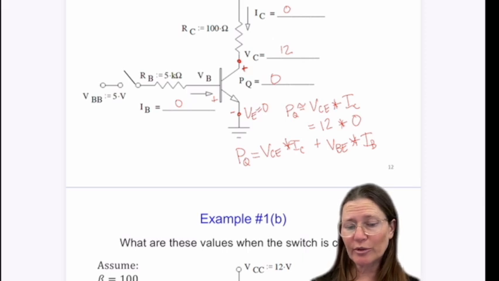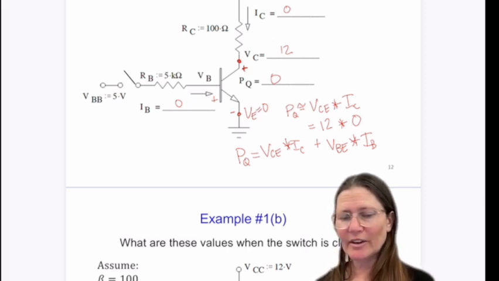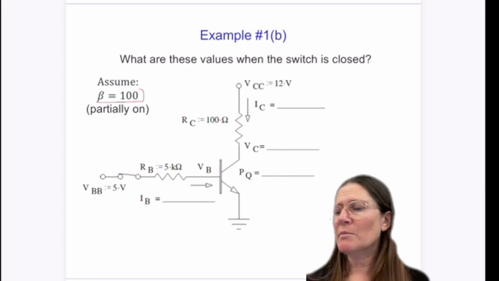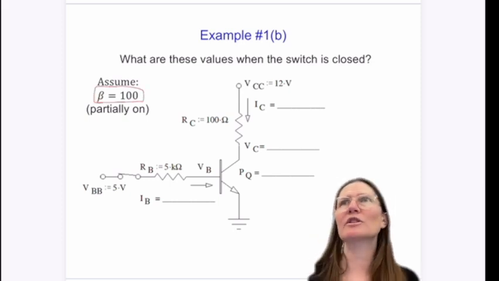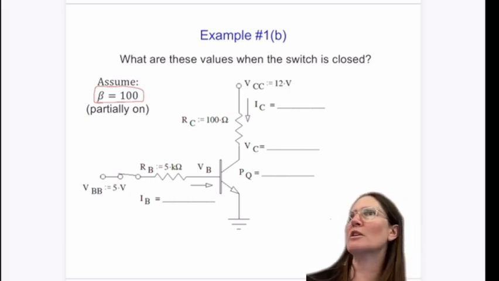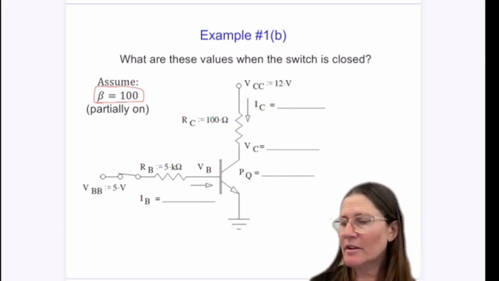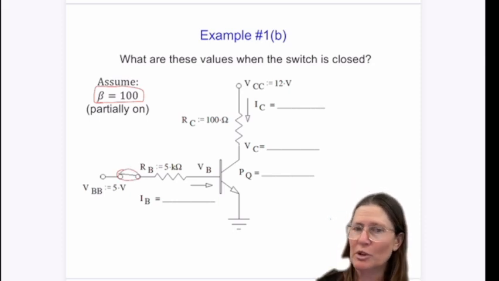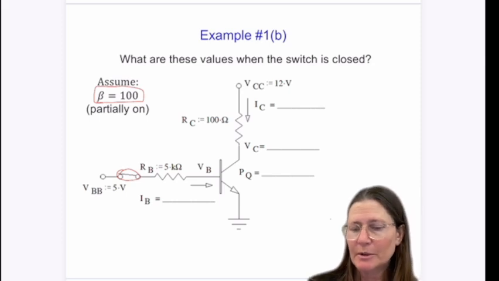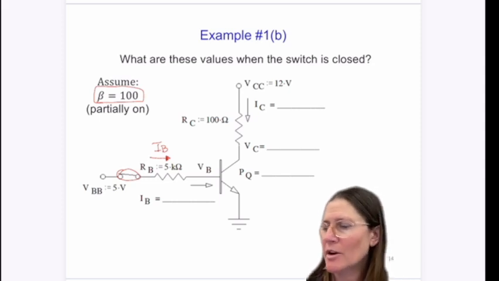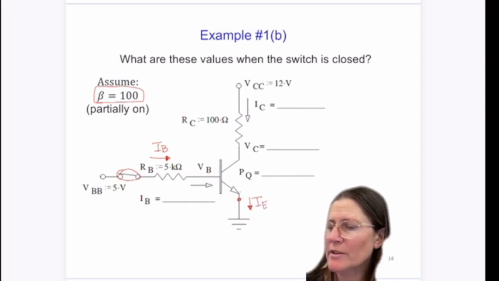All right, so let's close the switch now. So this was the easy example. Now we want to close the switch. We're going to assume that beta is 100, an easy number usually to divide and multiply by. So we usually use that for hand analysis. When we shut this switch now, we have the voltage from the Arduino of that 5 volts, we now have current that goes in here of IB. We have the IC going down, and then IE will actually be here, but since VE is 0,